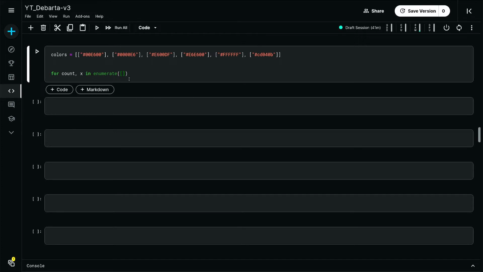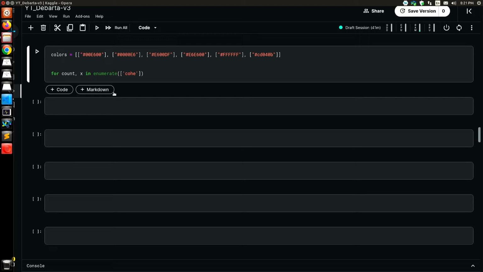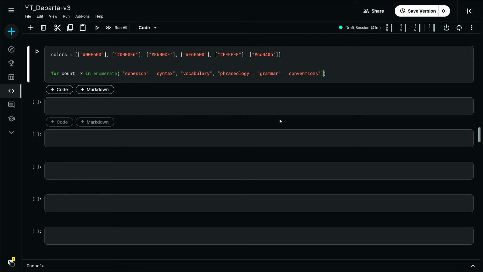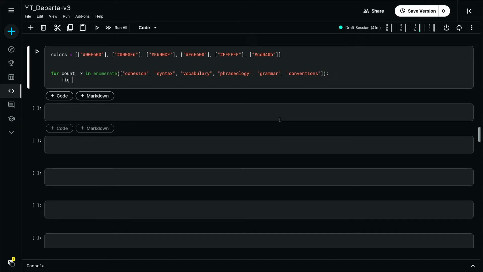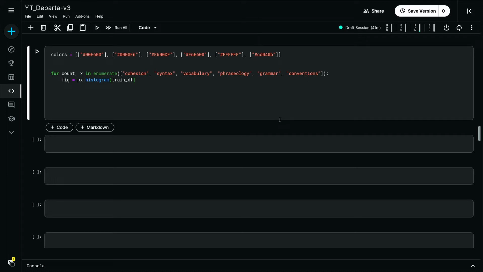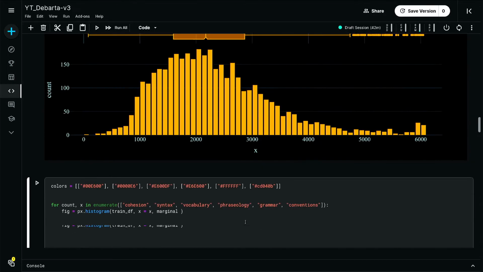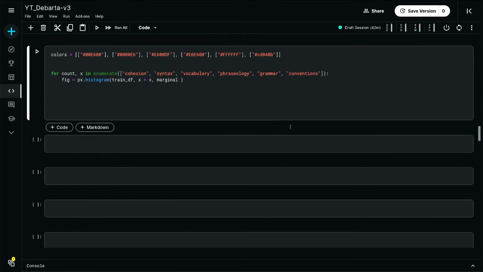Let me copy the column names. The original for the previous plot was, I think, box, yeah, and this one I want to use violin.